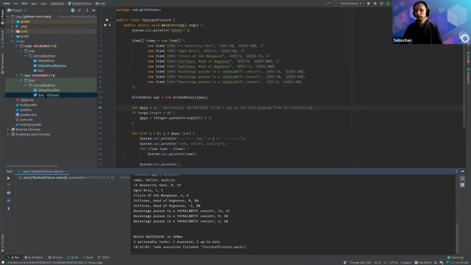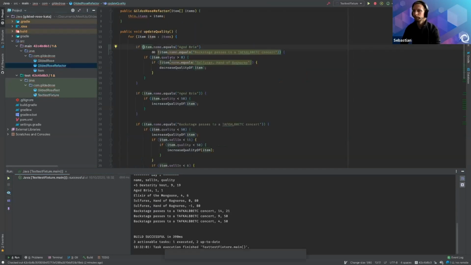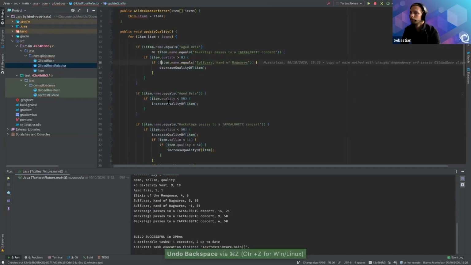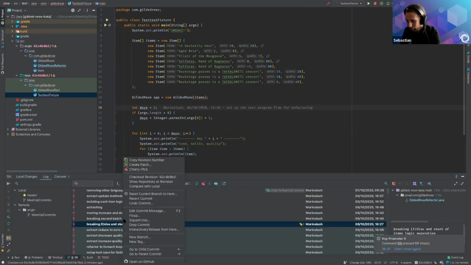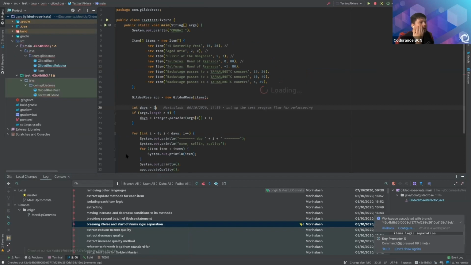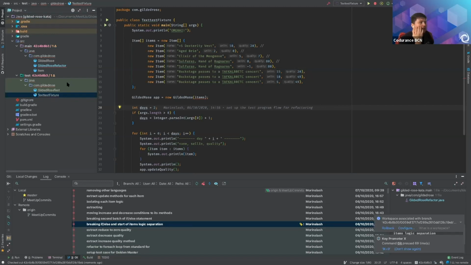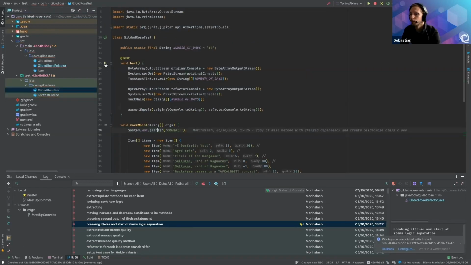Well, it's not a characterization test. Am I on the proper branch? I think I've seen this, because I was running the fixture, not the test.